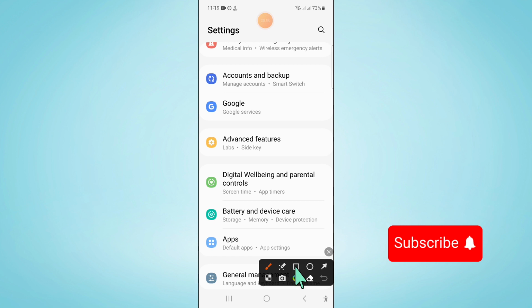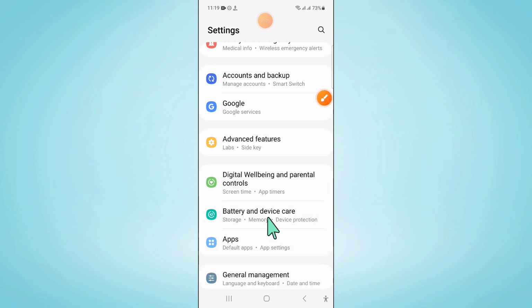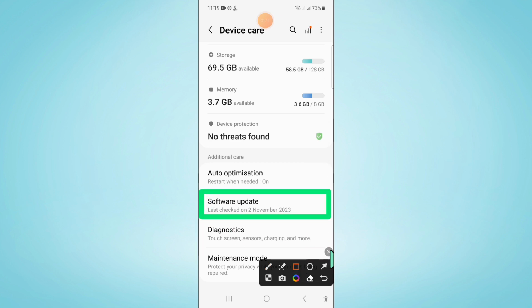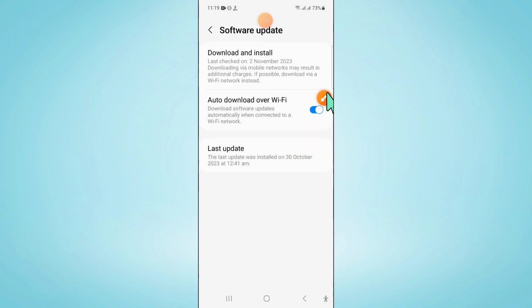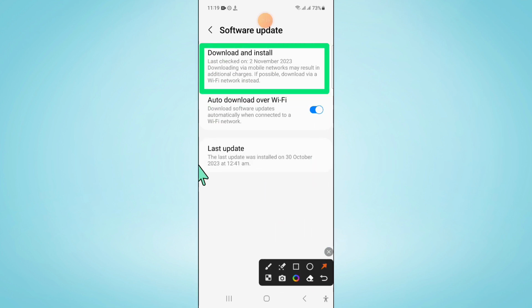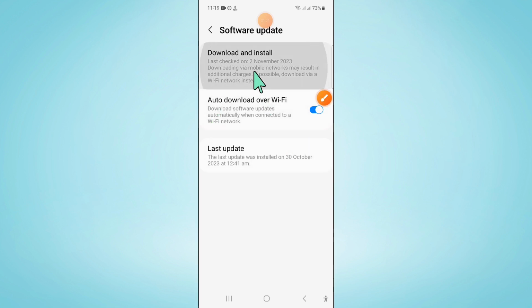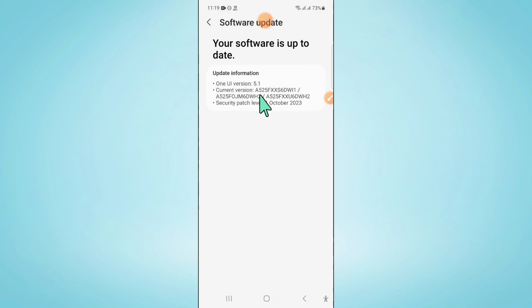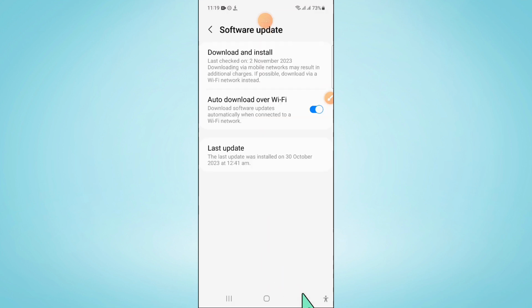And after that, click on battery and device care. Now here, scroll down and click on software update. And then click on download and install to update your mobile software to latest version. Now after updating your mobile software, go back to settings